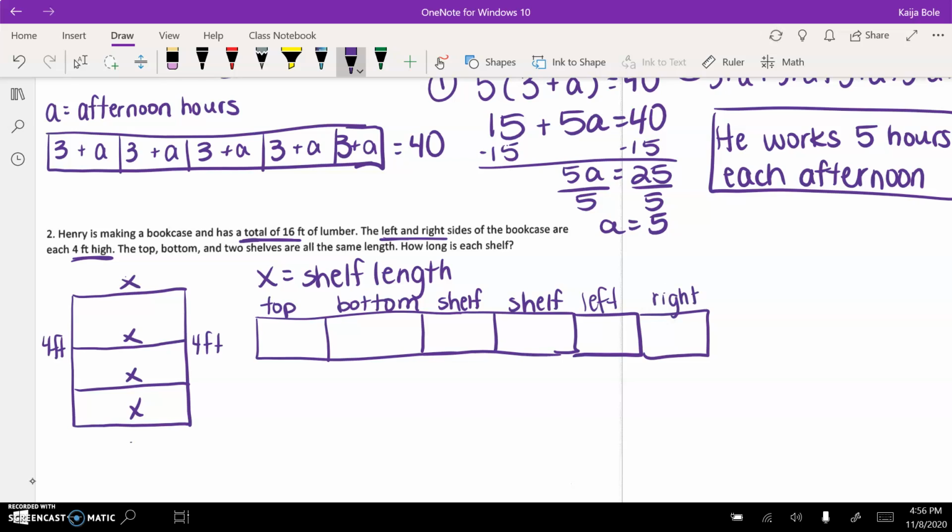So then we know that the top, the bottom, and the shelves, we didn't know those things, and then the left and right were 4. And this all equals 16. So that's like saying 4x